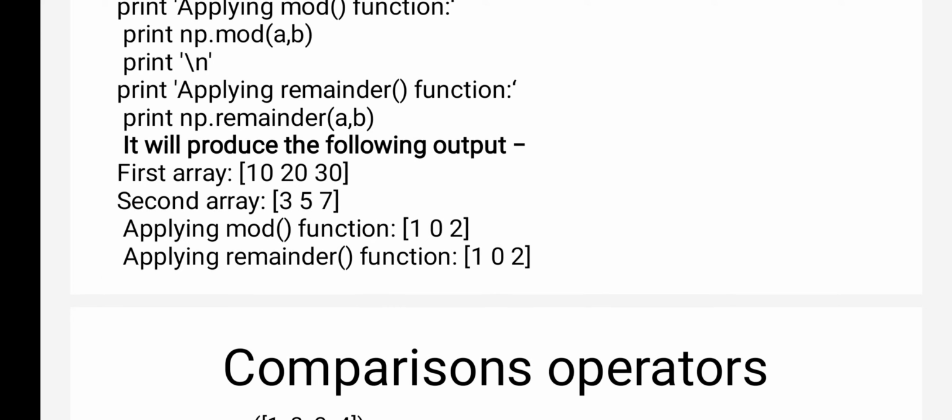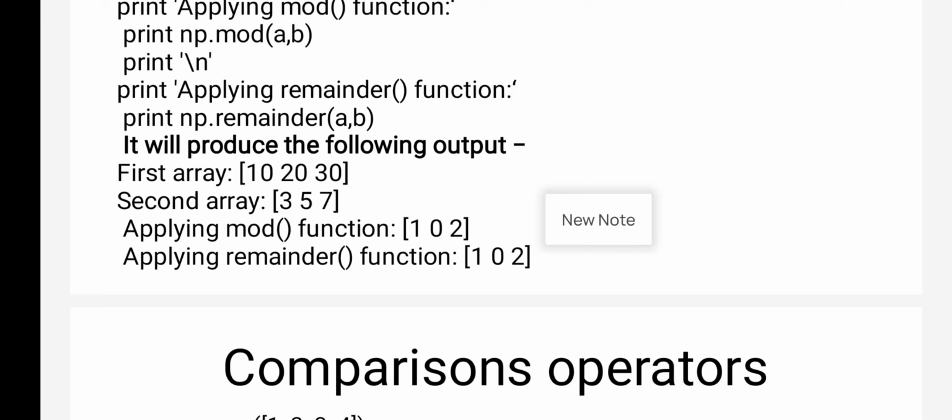First one here, 3 3s are 9, remainder is 1. 5 4s are 20, remainder is 0. 7 2s are 14. Actually here we seem to have got a wrong output, I think. So how much output will you get? 7 1s are 7, 7 2s are 14, 7 3s are 21, 7 4s are 28, and the remainder is 2, no? It is correct only. Mod operation.